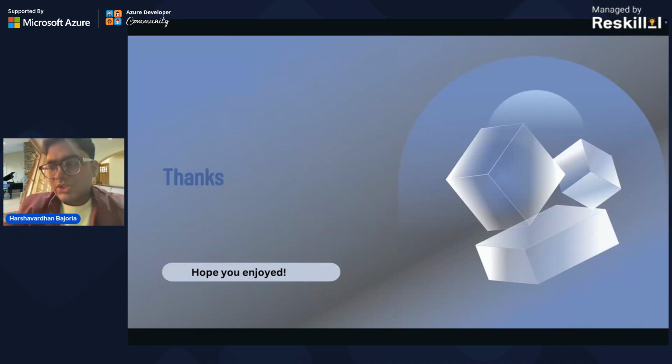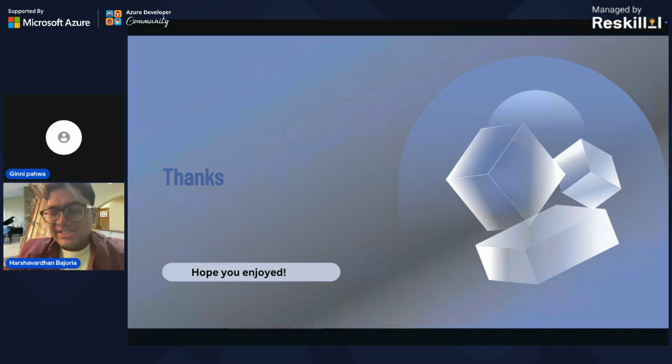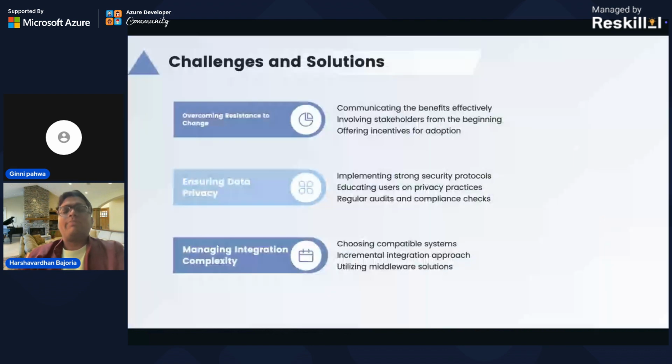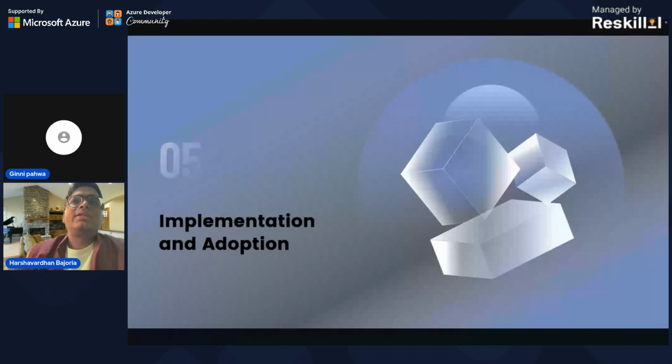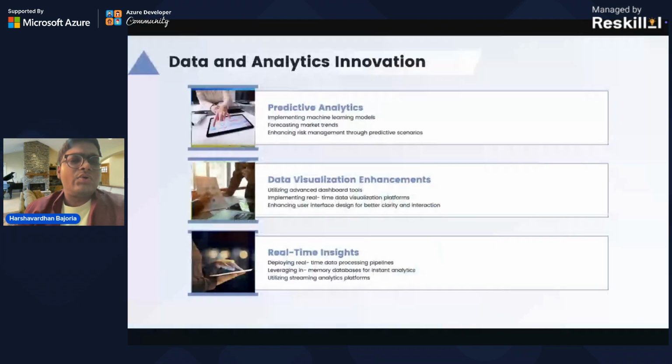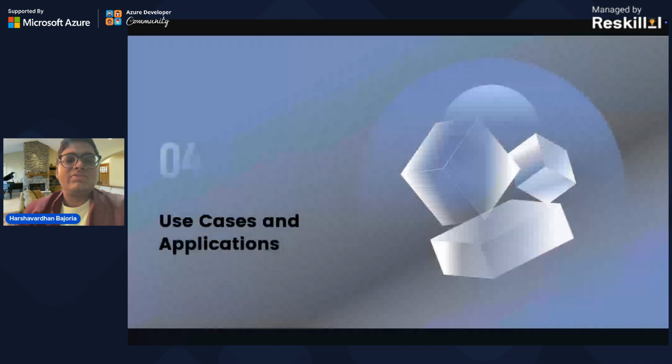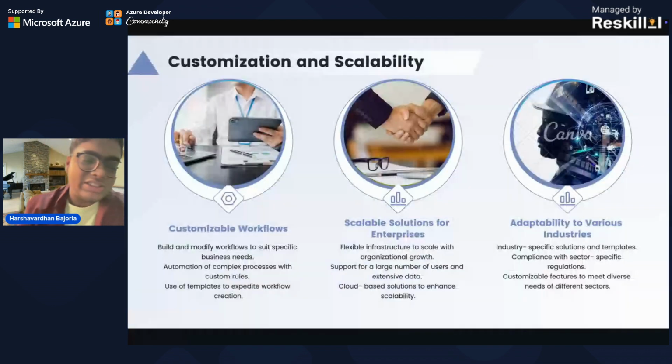I know it was a very short session, but I previously saw that there were already sessions on Copilot Studio. So maybe I thought of taking you through this journey of understanding how to deploy it, how to implement and adopt it, how to actually understand the use cases of it, how to actually build upon it instead of just going to the Microsoft Copilot Studio, which I'm sure